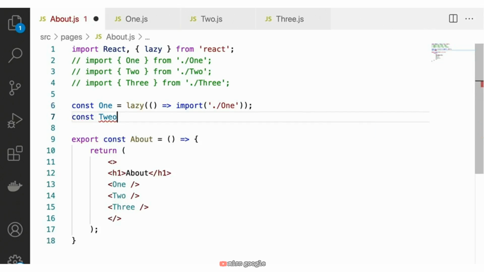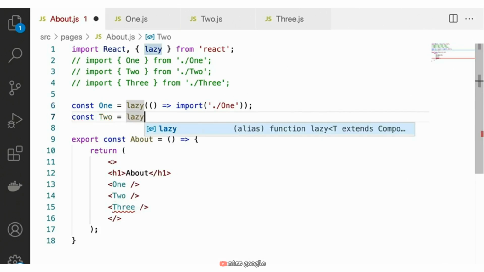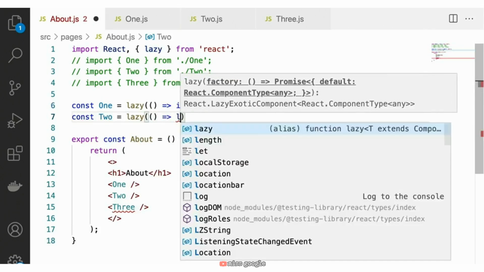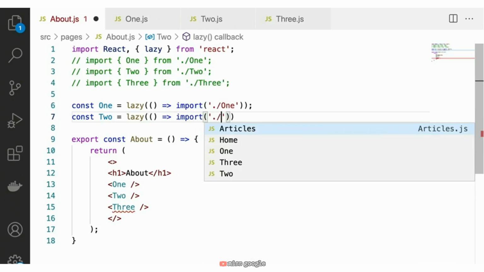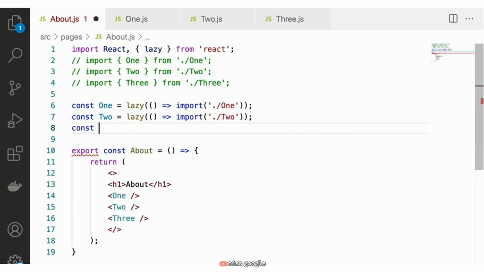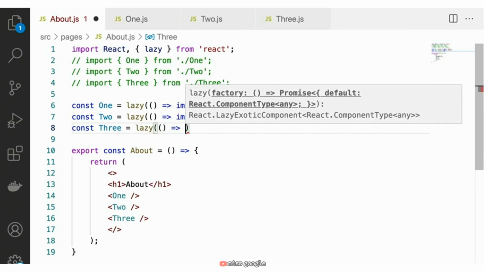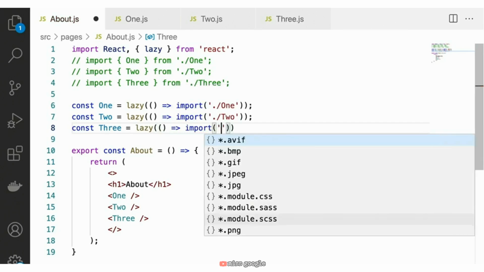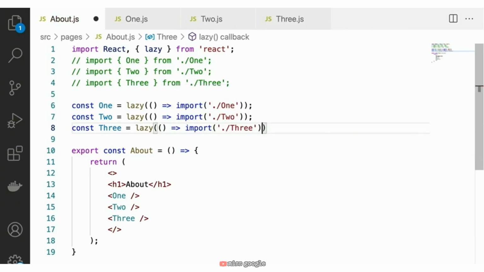So let's do the same thing now for 2 and 3. We're going to say const 2 equals lazy import ./2, and 3, we're going to say lazy import ./3. And one more thing to note now that we're doing a little bit of code splitting with our application is that when we have components that are code split, like 1, 2, and 3 here, we have to wrap